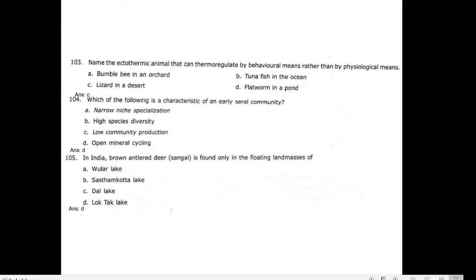This mineral cycling nutrition is the biogeochemical cycling. This mineral cycling is also known as the biogeochemical cycling. Why is it mentioned as biogeochemical cycling? Geo means the locational. In the biochemical, we all know our cyclic pathway, pentose pathway, pyruvate pathway, and all those pathways come under the biochemical pathway.